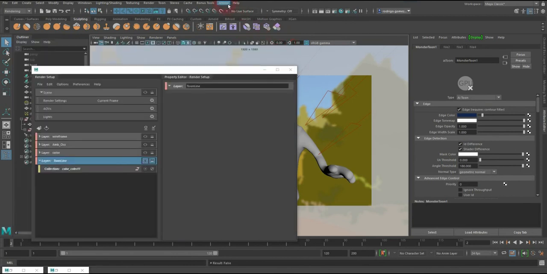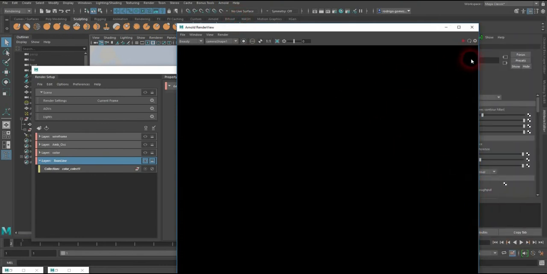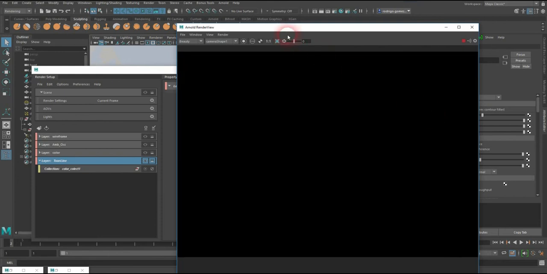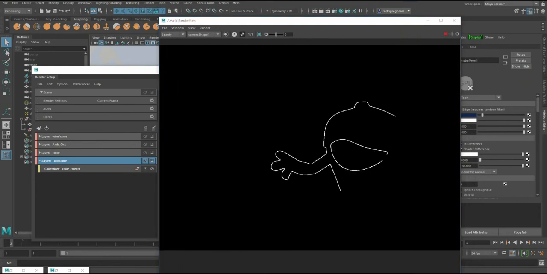Hopefully I can test it out here. Not in this window. I don't like that window for some reason. I'm going to do this one here. And I'm going to just do it smaller here and test it out there. And if I look at my alpha, I should be able to see my creature rendering there. There it is. I can see the line color being rendered. And of course, if I look at the color version of it,